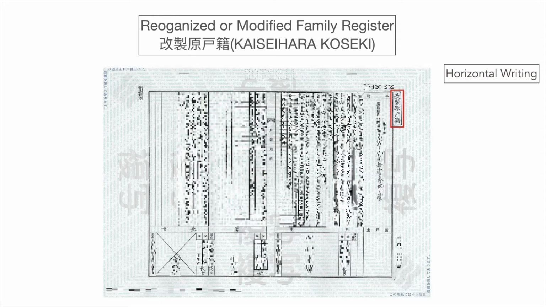Due to the revisions in the Family Register law, the content and format of the Family Register may need to change. If such a change is made, then the Family Register will be modified to the new specifications. During this reorganization or modification, the information of those that have already been removed from the register will not be transferred from the old to the new register. This process is called Koseki no Kaisei. When the organization is completed, the new family register becomes the current family register, Genzai Koseki, and at the same time, the old family register that contains a lot of information is stored separately. This old register is stored as a modified family register, Kaisei Hara Koseki.